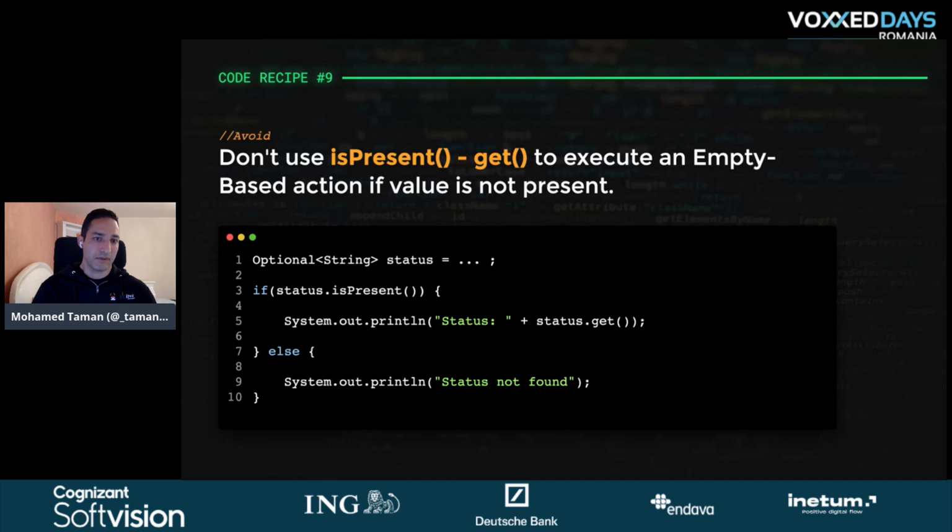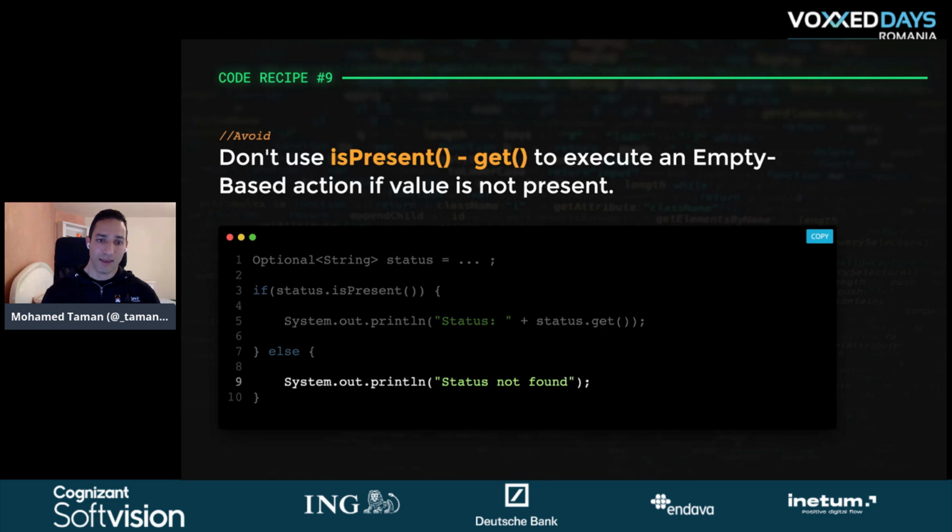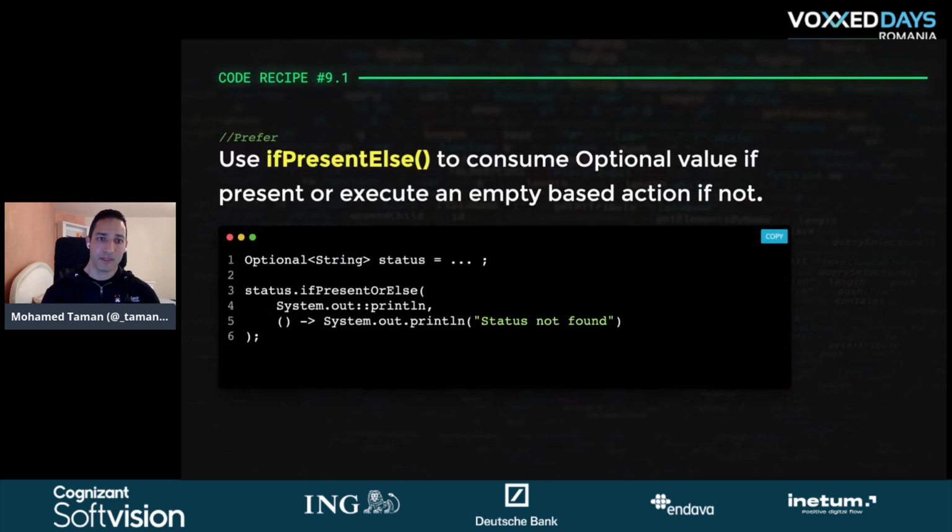So I found code constructs like this in code reviews, and I wondered, why do we have to use this, while we can actually use ifPresent or else? So the naming conventions are very important, and if you memorize that ifPresent, I can use it if I don't want to execute